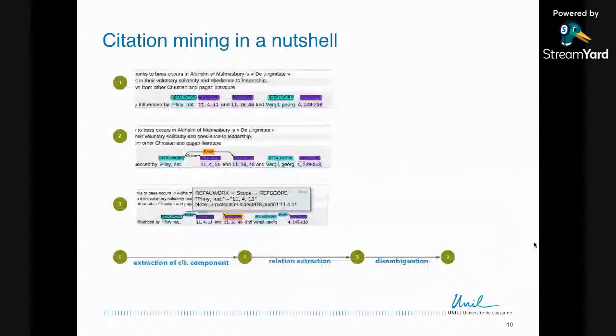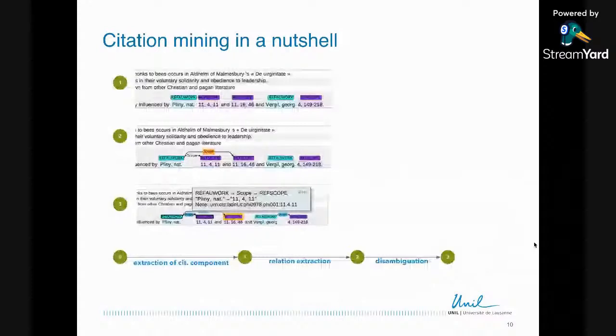So we start with a plain text on which we do the so-called named entity recognition. Basically, we extract the citation components. So I model canonical citations as a mix of components that you can find in the text that are related to each other. For example, you have the component in blue, which is called refauwork, which stands for reference to author and work, that captures an entity that points to the title of the work being cited.